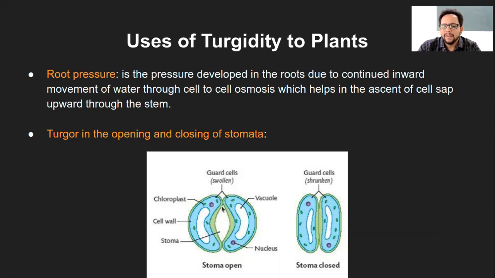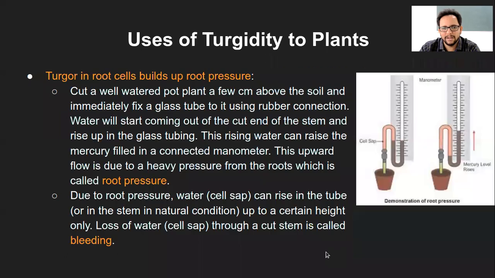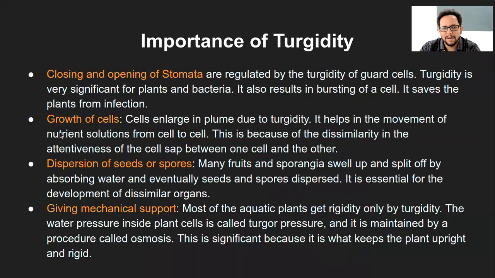We need not mention it every time, but what we most importantly need to mention is the label of guard cells, these two being guard cells, and the opening at the center being the stoma. When they are in a turgid situation, the cell walls will get extended, so there will be a curvature at the center of the guard cells, which will cause opening of the stomata. And when these guard cells are flaccid, when there is less water, they will shrink a bit and close the stomata. So that is the first point.